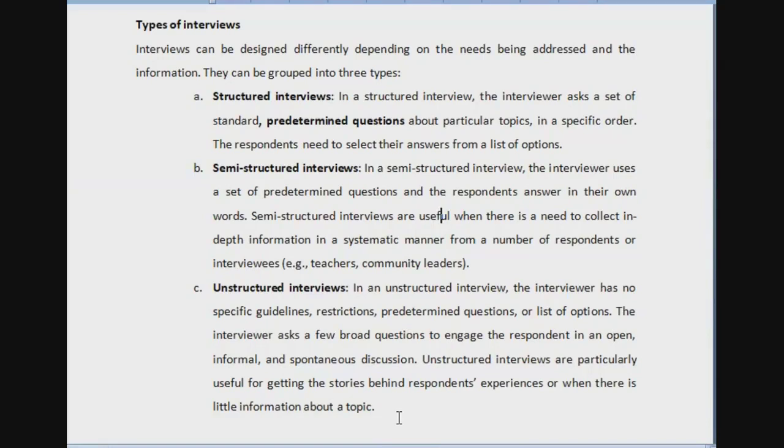That means I will not go and frame questions or something. I'll just sit with you and I'll ask you, okay, fine, tell me how it happened, what you did. Whatever you say, based on that, I will again frame some more questions, right? So accordingly, it will happen.